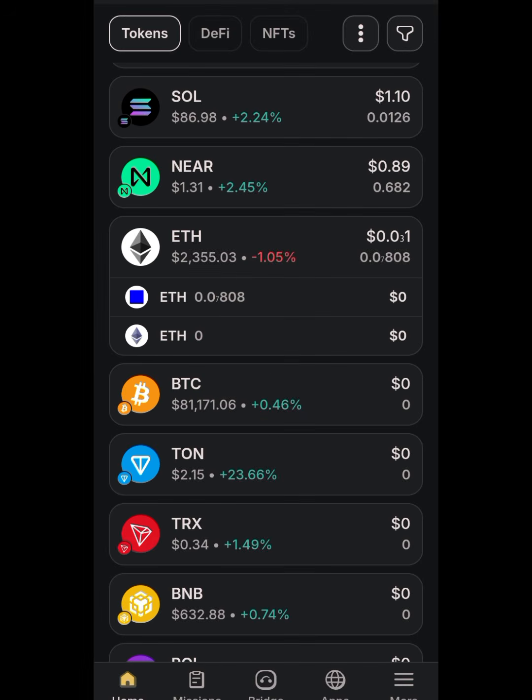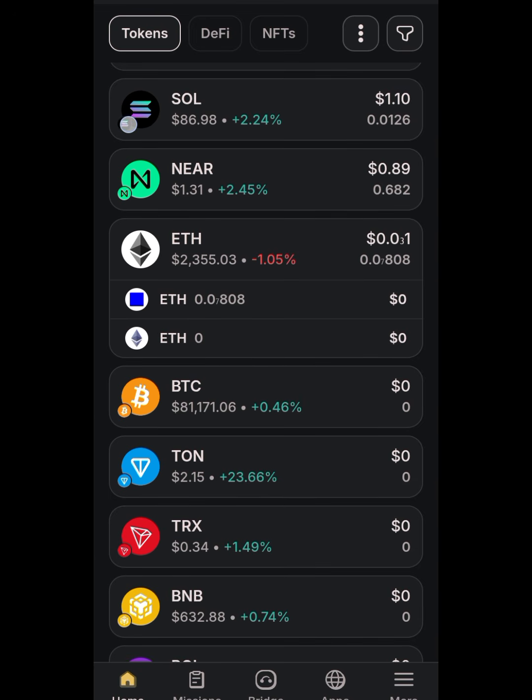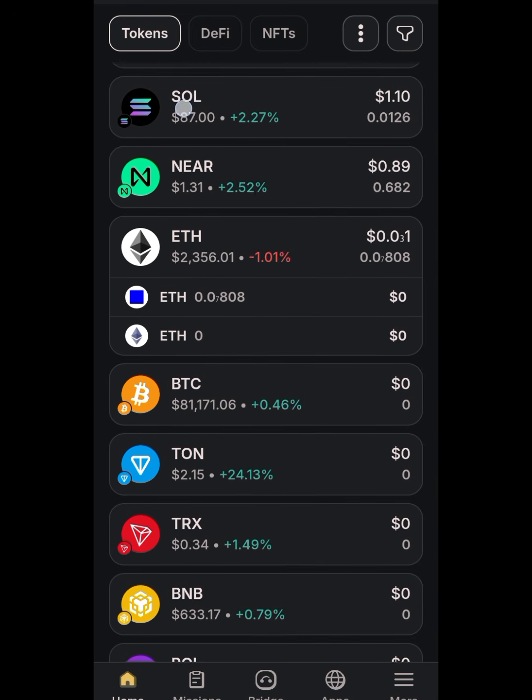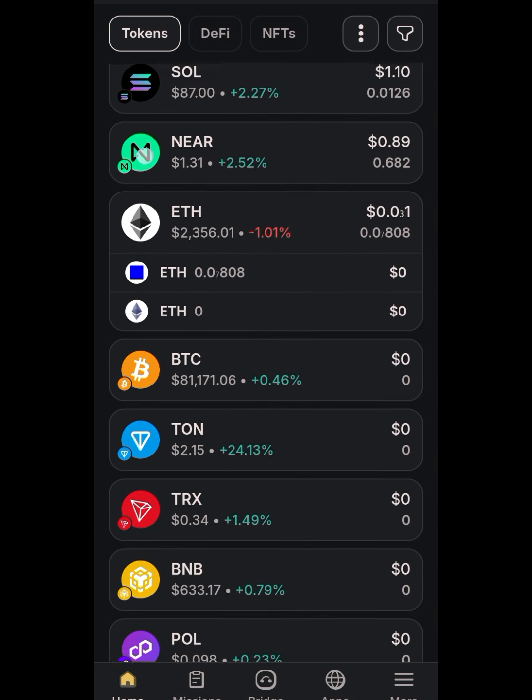So in this particular wallet, I have Solana and Near. Now I want to send my Solana to Near. Like you can see here, this Solana is on the Solana network and this Near is on the Near network. So I want to make this money on the Near network, $2 for the arbitrage opportunity I'm trying to